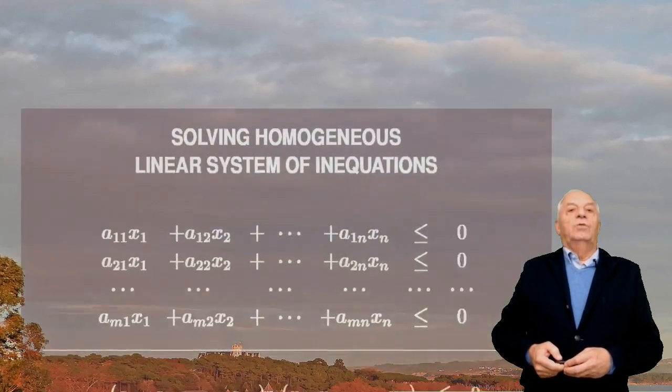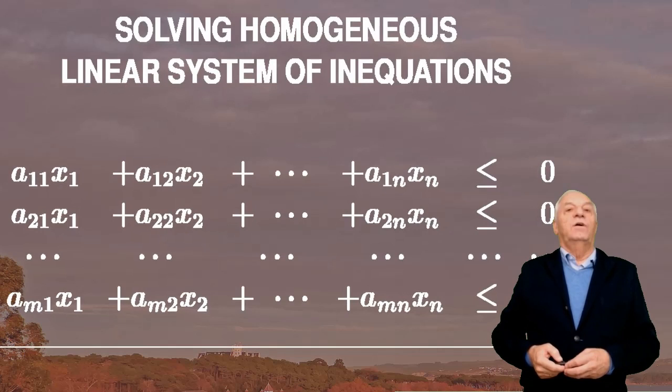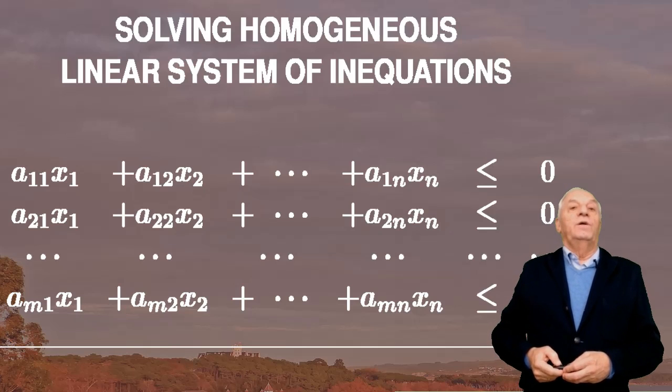This slide shows a set of homogeneous linear systems of inequations, which is written in the traditional form. That is, it highlights the linear combinations of the unknowns, as shown in the slide, which must provide the values in the right-hand sides. We normally write these systems in this form.